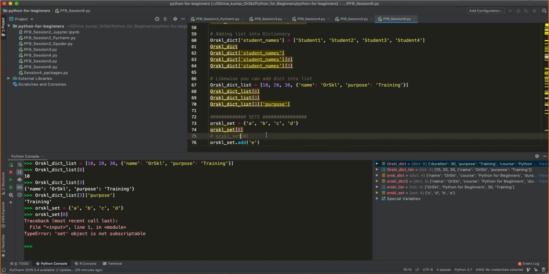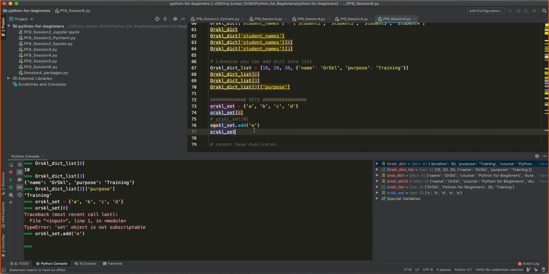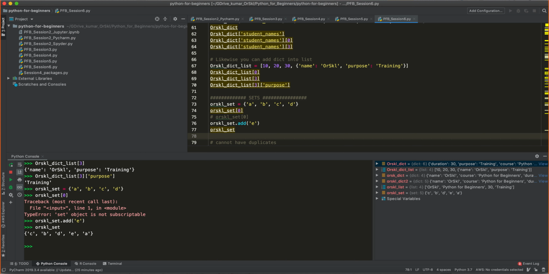You cannot individually access each element of the set. That is a drawback. Okay. And then why do we actually use a set? I'll tell you what. I can add an element into the set like this, just like we have for list. I have an element called E, correct? Though I have created A, B, C, D in the sequence, now you see after adding E, the sequence completely changed because set doesn't have any indexes. Set doesn't have any positions or the sequence.